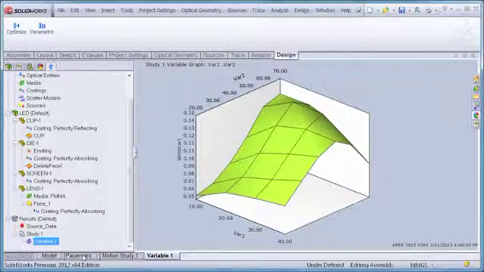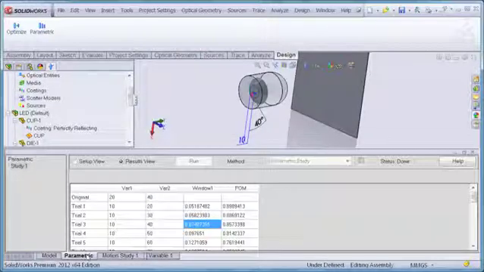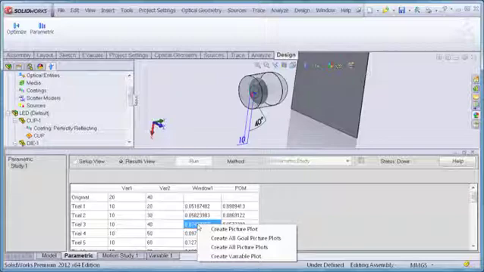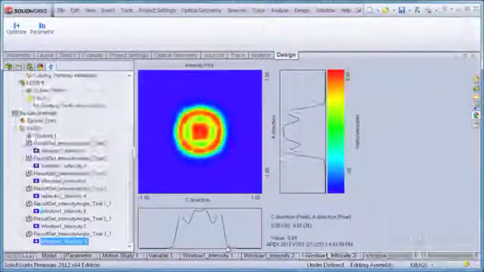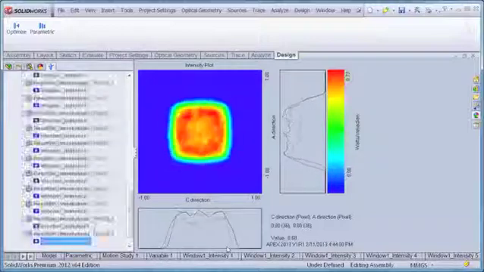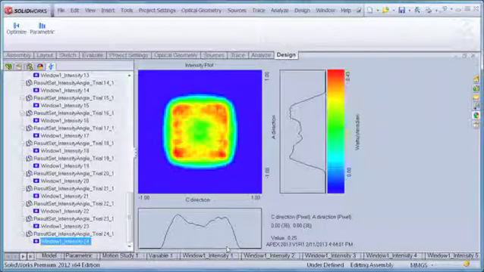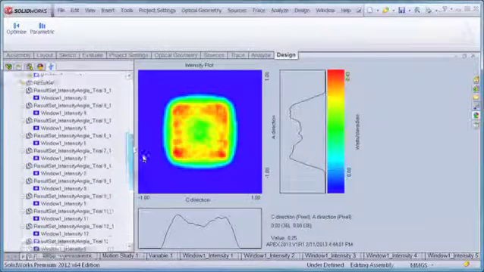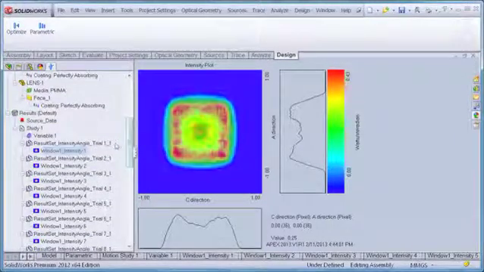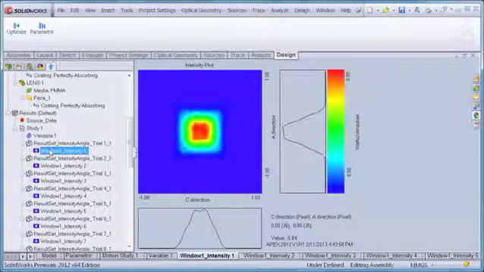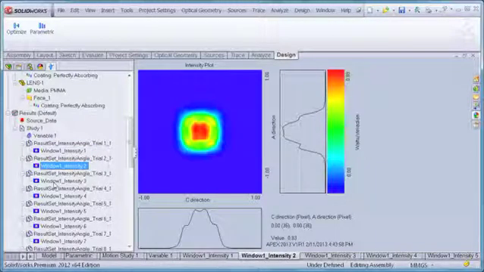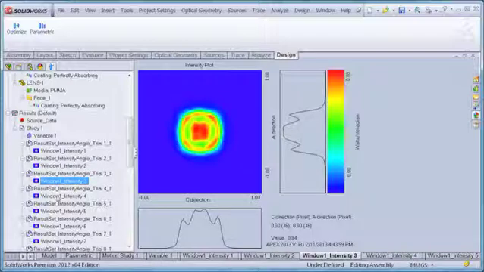We can show those by going back to the Parametric Results view, right-clicking on the Window column again, and then selecting Create All Picture Plots. The program automatically loads in and displays the intensity distribution for each one of the parameter set values. By clicking on the different graphical items here, I can scroll through the 2D intensity distributions corresponding to each one of the parameter